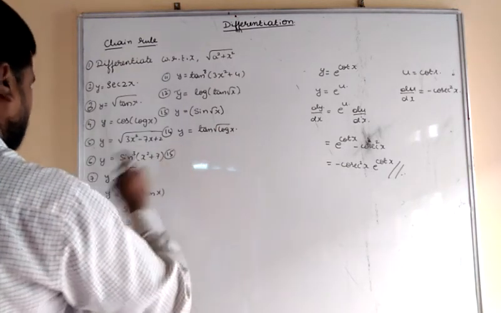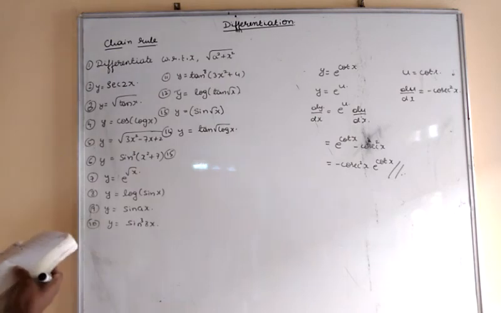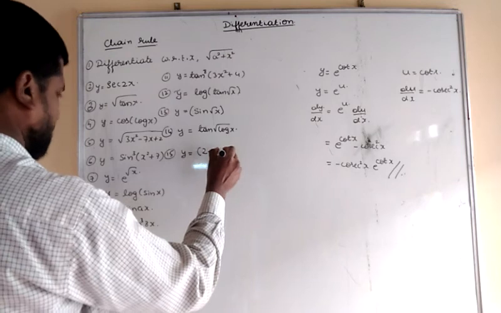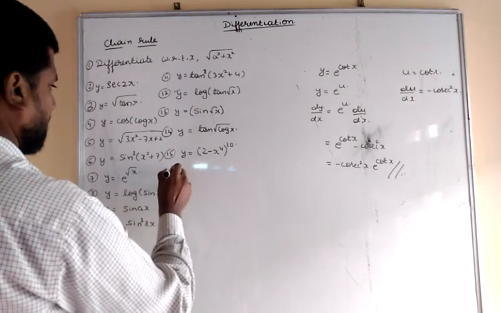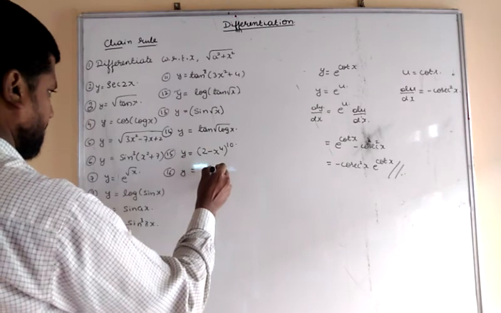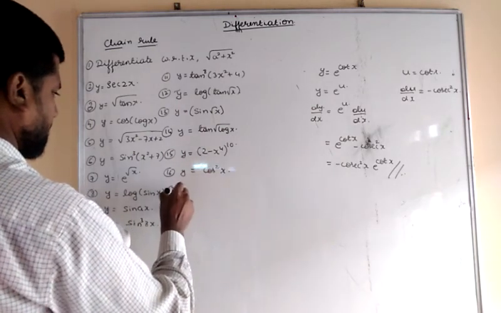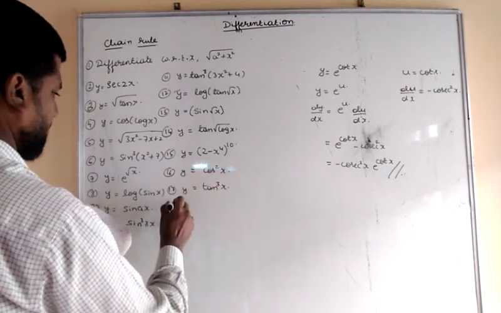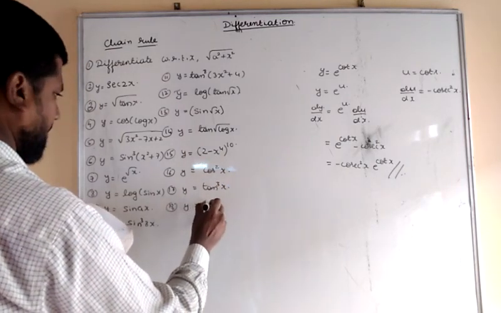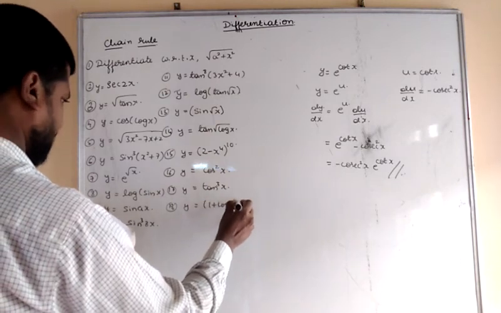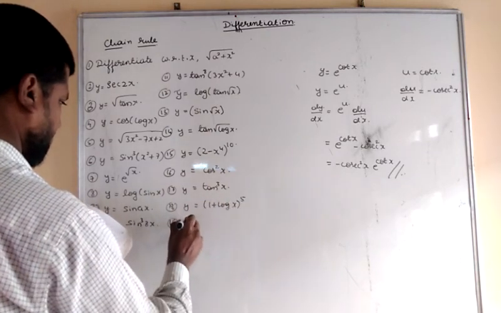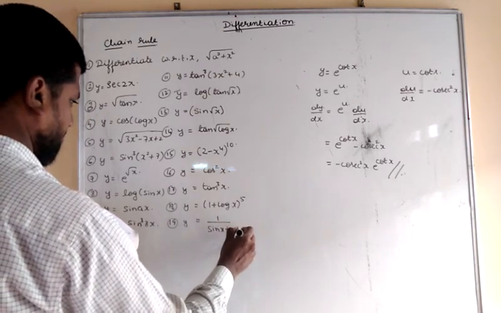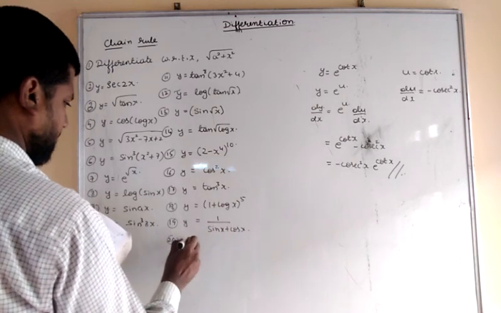The next one, y is equal to (2 minus x) whole to the power of 4, whole to the power of 10. Then next one, y is equal to cos square x. The next, y is equal to tan cube x. The next one, y is equal to (1 plus log x) whole to the power of 5. Next one, 1 by sin x plus cos x. Then last problem,